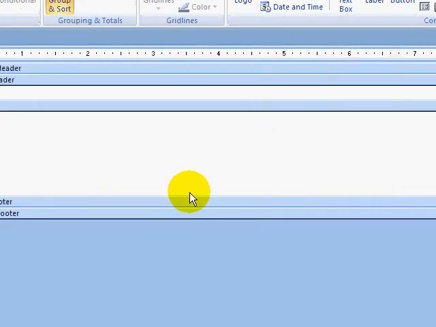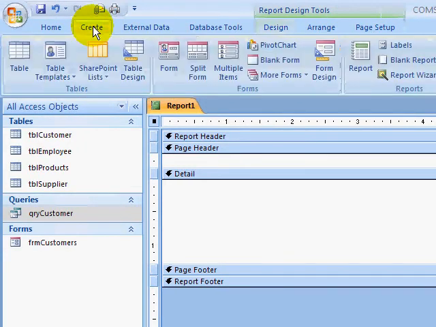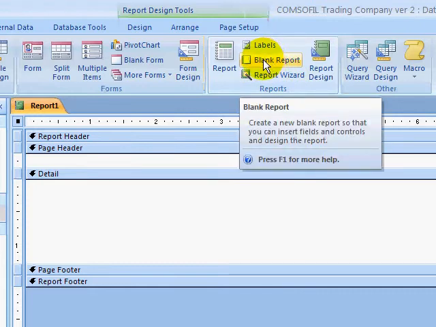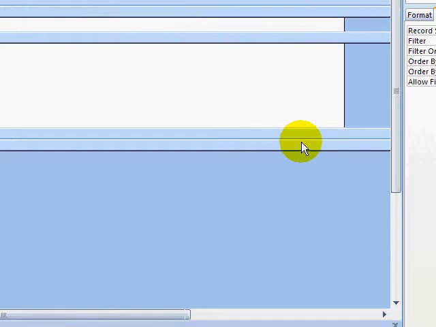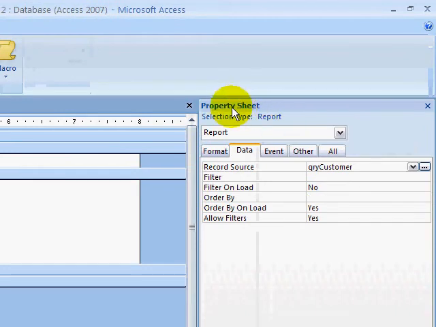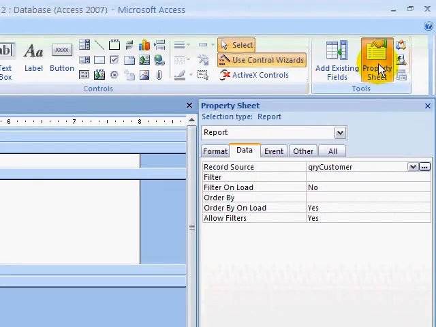Okay, in the previous lesson, I've shown you how to create this report in the blank report by going to the Create tab, the Report group, and choosing the blank report. Also, I've shown you how to create or define the record source. After creating the blank report, you will go to the Design